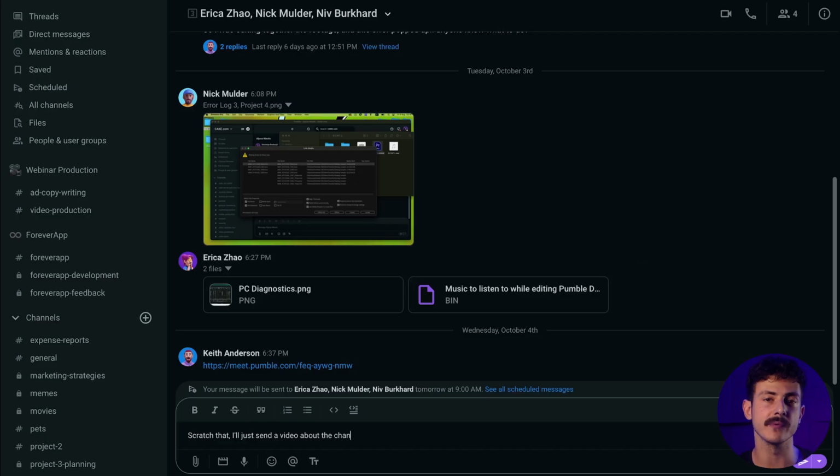In Pumble, you can collaborate easily with everyone at any time, and you have the option to choose how you want to communicate. Video messages allow you to record a video message in a direct message or a channel without having to leave Pumble. How can we use this feature? For example, you can replace some meetings with video message updates in the channel, giving everyone time back in their day. You can record your screen during video messages,